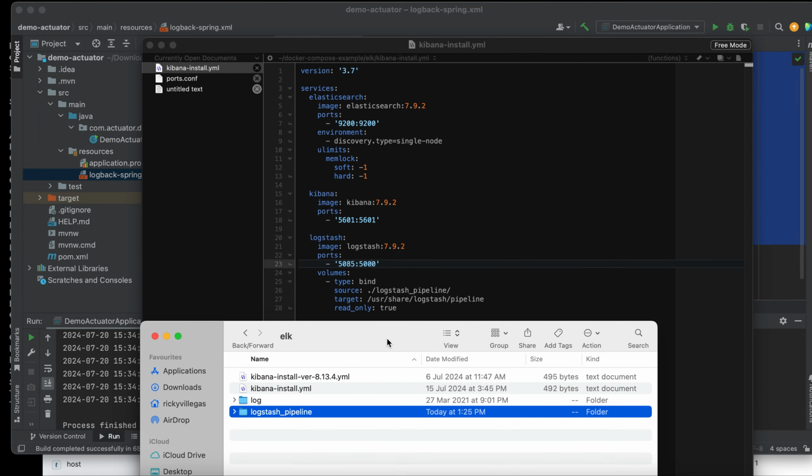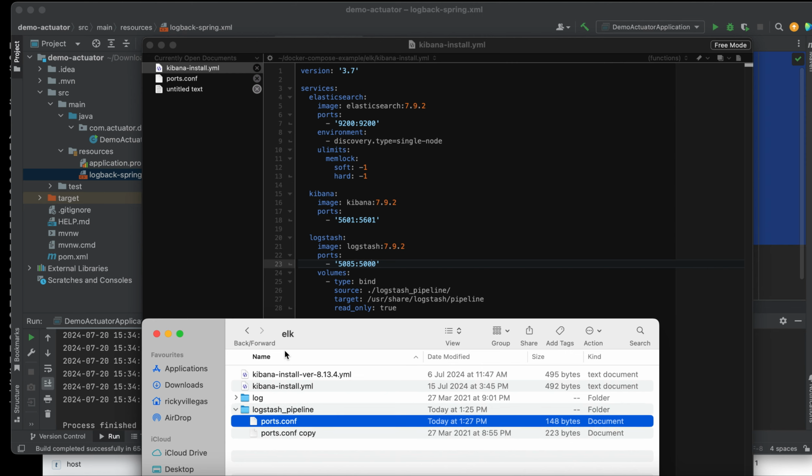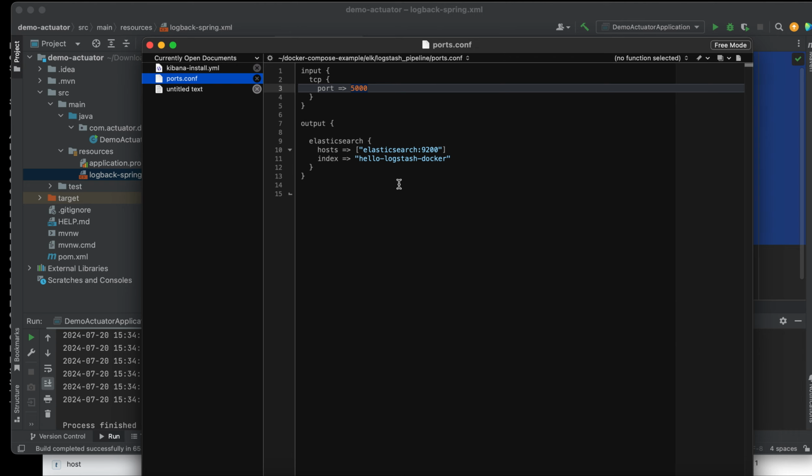Why? Because in your configuration we have this Logstash pipeline folder. That's why you need a folder, and inside that folder you need to put your configuration, which is this one, the ports configuration.